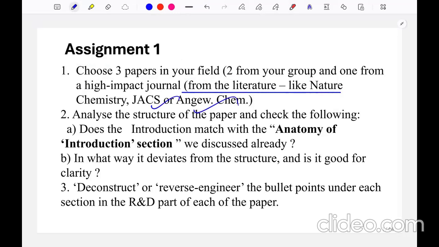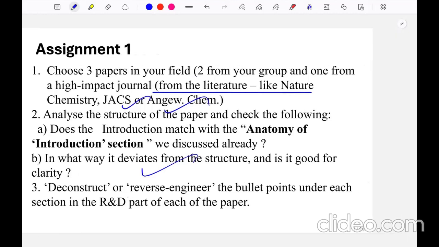And then we have to analyze the structure of the paper and check whether the introduction given in that paper is matching with the anatomy of the introduction section that we have been taught in our course, and we have to discuss in what way it deviates from the anatomy that we have been taught in our course and whether it is good for clarity or not. Then we have to